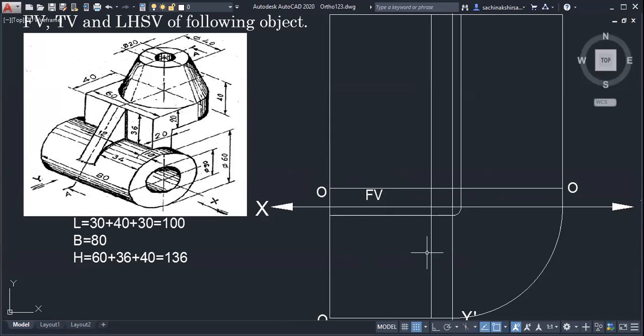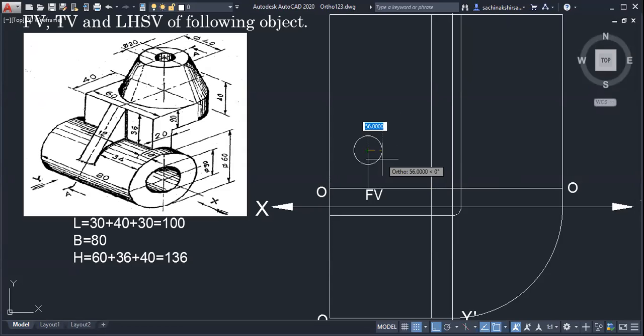Then how much distance should I go horizontal and vertical to locate its center? 30. 30 horizontal and 30 vertical so that I will get its center. Then I have to draw two circles.